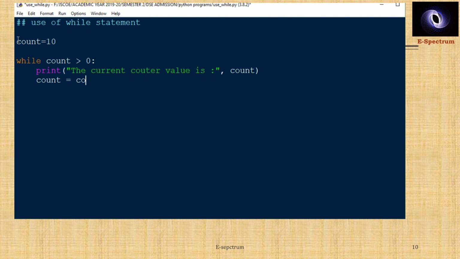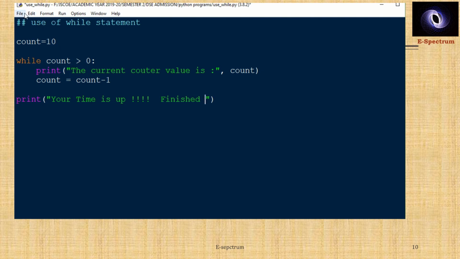So count is equal to count minus 1. We should decrement it also. And finally, when it becomes equal to 0, I will print "your time is up, finished." A simple program we will see first.